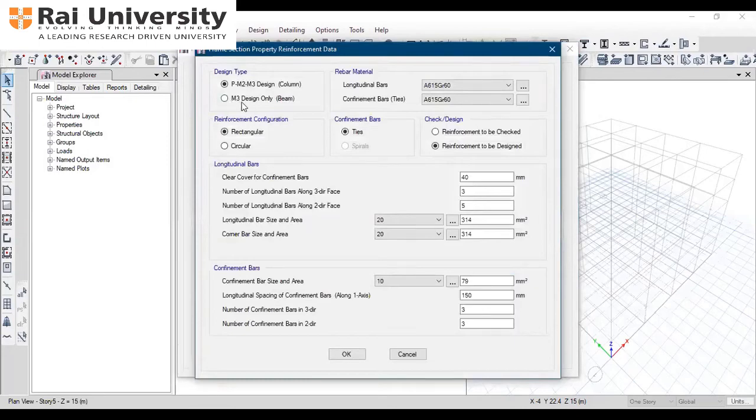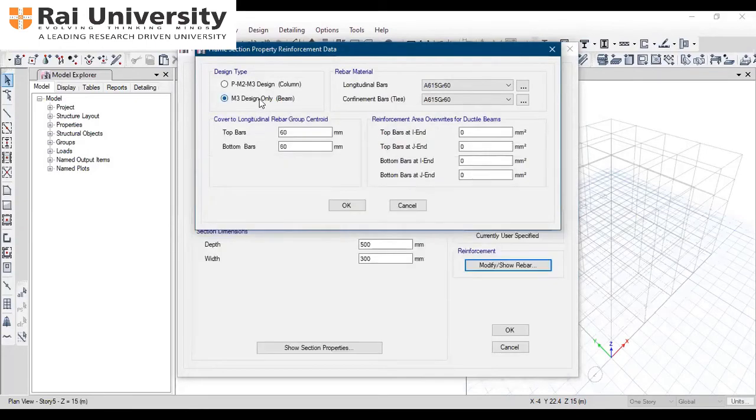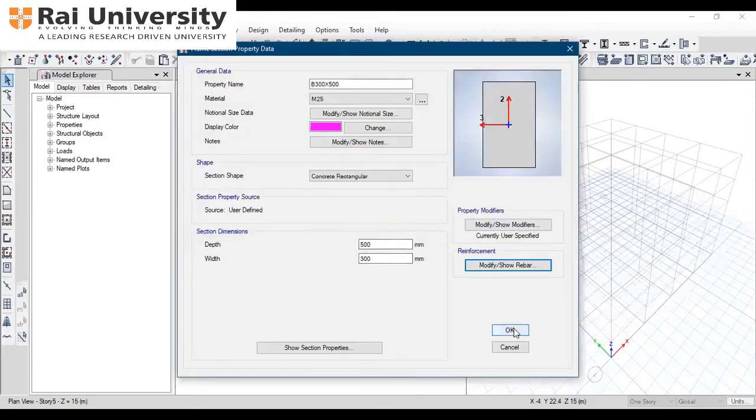Here you have to select beam now because it is for beam. Then for longitudinal bars, select HYSD 500. Then the cover for beam is 25 mm at top, and the bottom is again 25 mm. Then click on OK, and again click on OK.